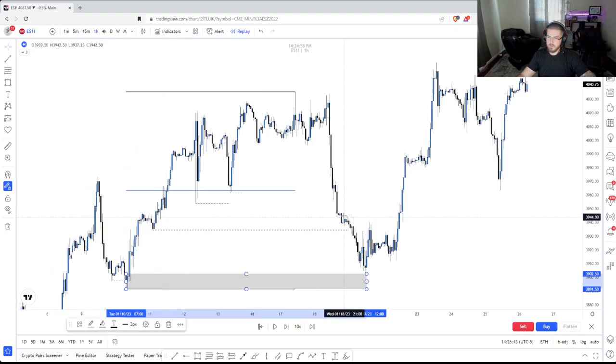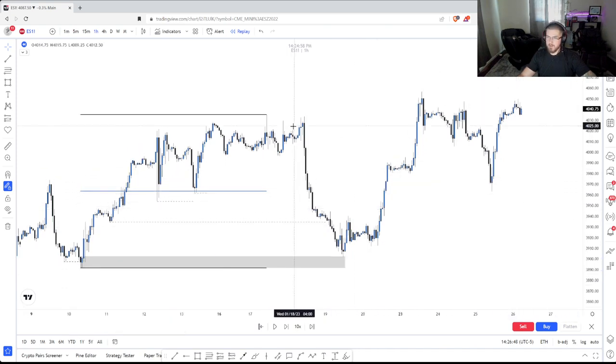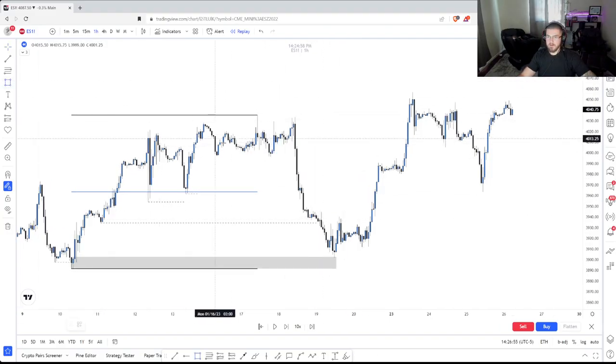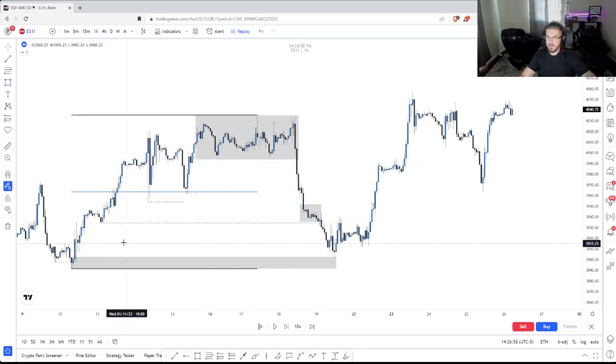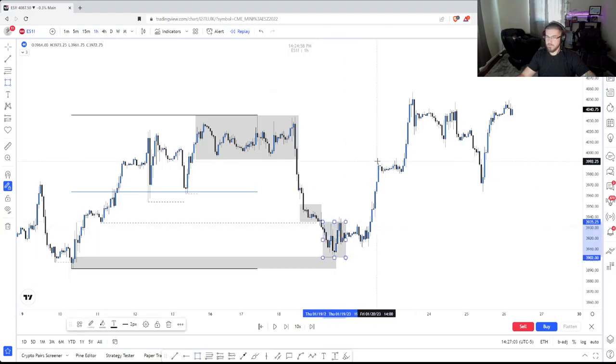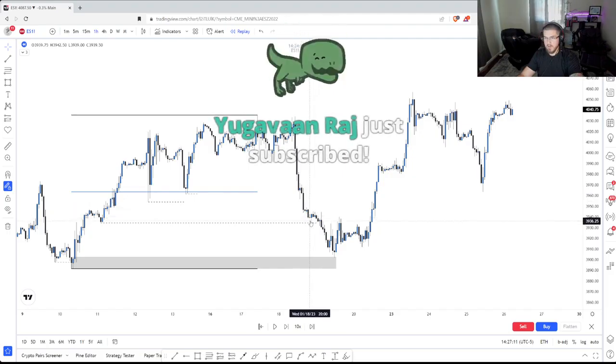So when we see, and this goes hand in hand with market maker models. So this in itself is a market maker model. It's very ugly, but it is, because a market maker model is an original consolidation, a run to support, aka liquidity, and then a smart money reversal, right? Now, not all of them are going to be pretty, and not all of them are going to be very easy to catch, but that concept is what a market maker model is. So once we get that run to support, and we get